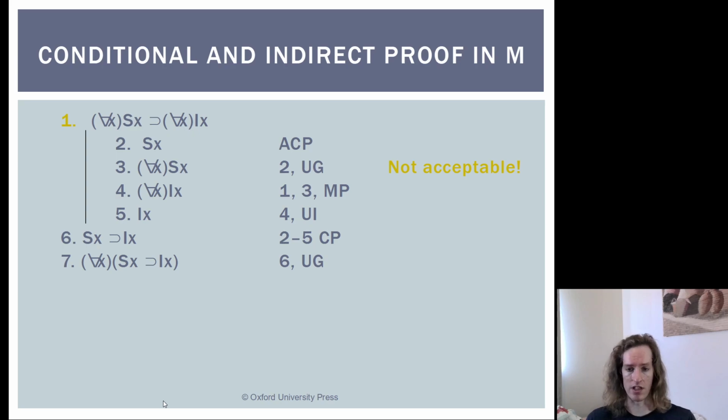Now, of course, once you discharge the assumption, for example, once we've discharged if Sx then Ix, we're now outside the conditional proof, so there's no problem with universally generalizing at that point.